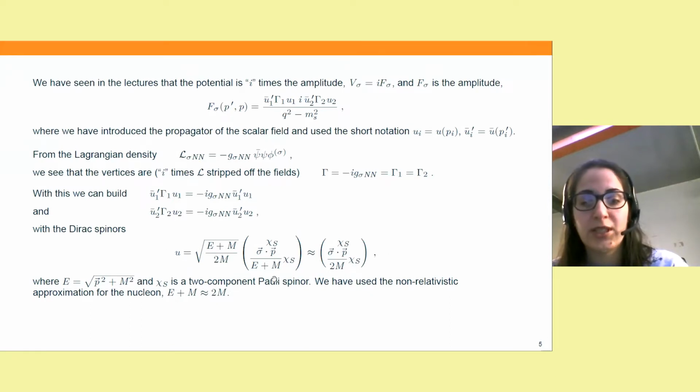And the Dirac spinor, if we remember, has this form: the square root of the energy plus the mass divided by 2 times the mass. And then this here where we have the two-component Pauli spinor, this χ_s,